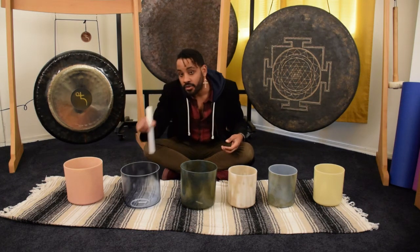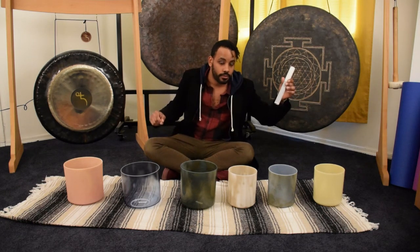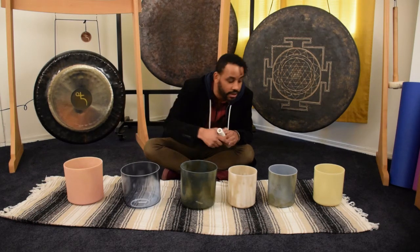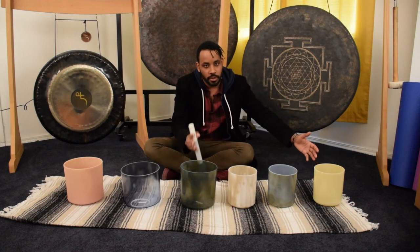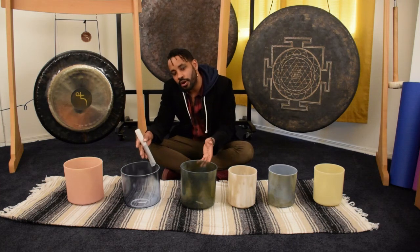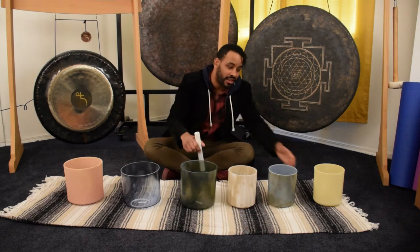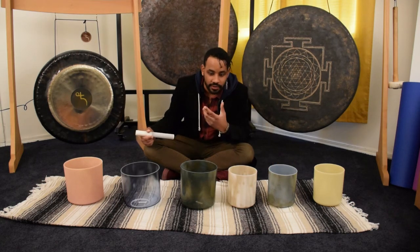Here I have D sharp plus 30 cent. Sounds more like a triad. D plus 30, F sharp, D sharp plus 30, F sharp plus 20, A sharp negative 15. So here the interval from the mi to the sol is diminished, and this interval is more or less on point. It would be more or less a major third, right? If you're following, this would be a major third from the root to the second point of the triad, which is the third, and then here we have an expanded interval from the third to the fifth. Now sometimes when you're listening to bowls,